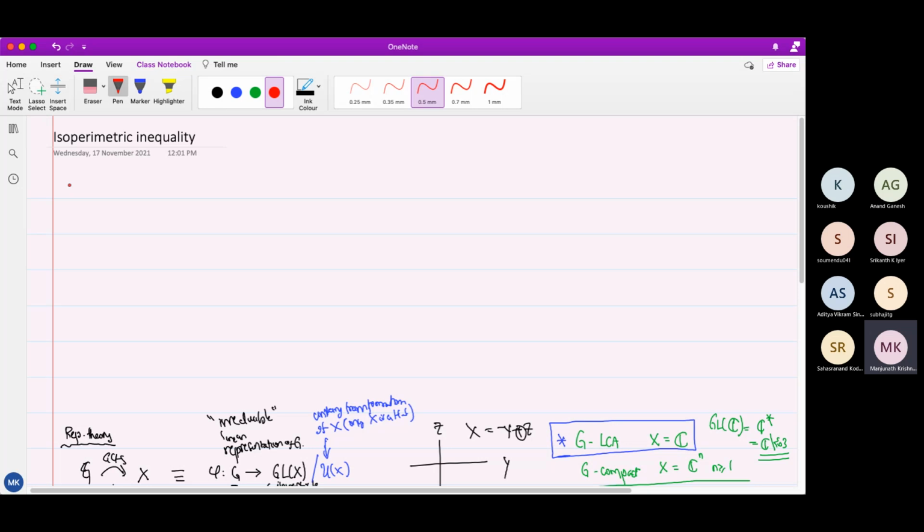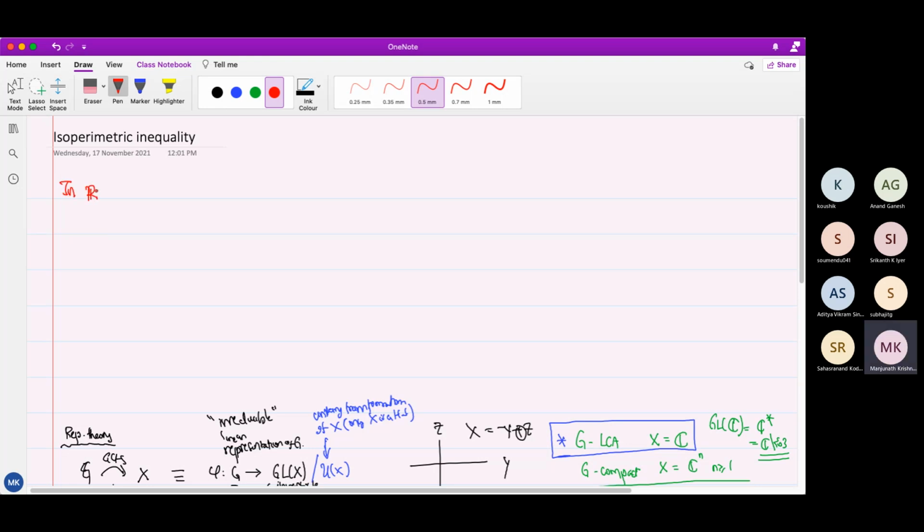So when I teach topics in analysis, usually I ask, now I have already told you the answer, what is a theorem that most people know, but very few people know the proof of? My candidate for that is the isoperimetric inequality. What is the isoperimetric inequality? In 2 dimensions,